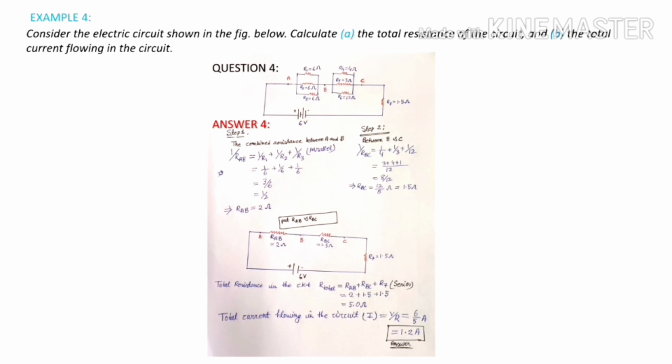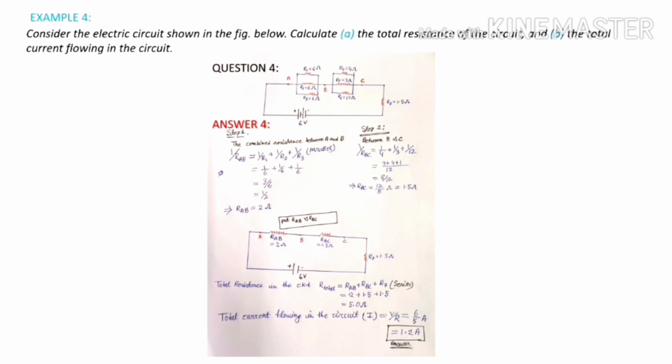Next problem. Consider the electric circuit shown in the figure. Calculate the total resistance of the circuit. After that, the total current flowing through the circuit. So at first you calculate the total resistance. You see that here R1, R2 and R3 all stay in parallel. So at first I calculate this. After that, R4, R5 and R6 also stay in parallel. I calculate both resistances